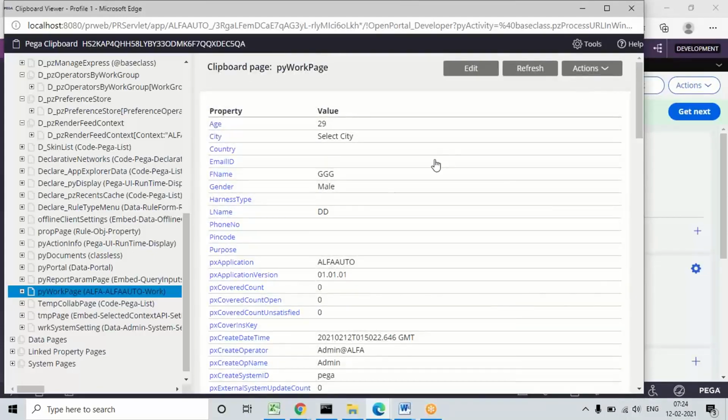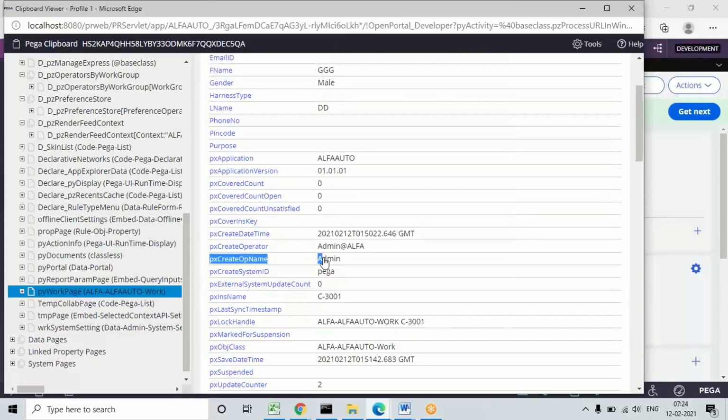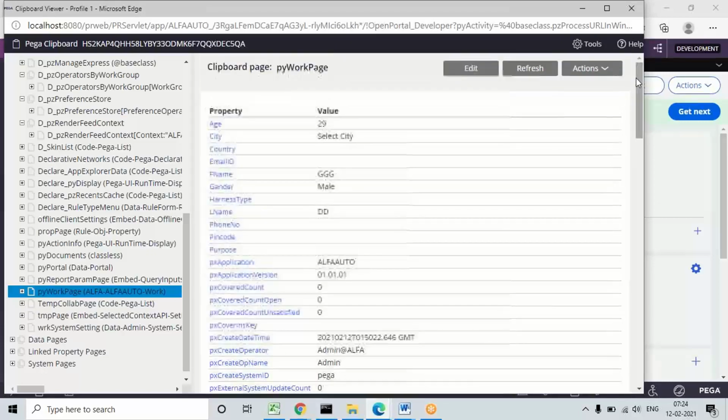Which ones are important, I will discuss step by step, not today. It will take the application name and application ID, who provided this information, the date and time, the system name, the name of the developer, the user ID of the developer. All that information it takes automatically at runtime, so no need to change it. If you want to view the data we submitted and whether the data is assigned or not, you can check in the clipboard.